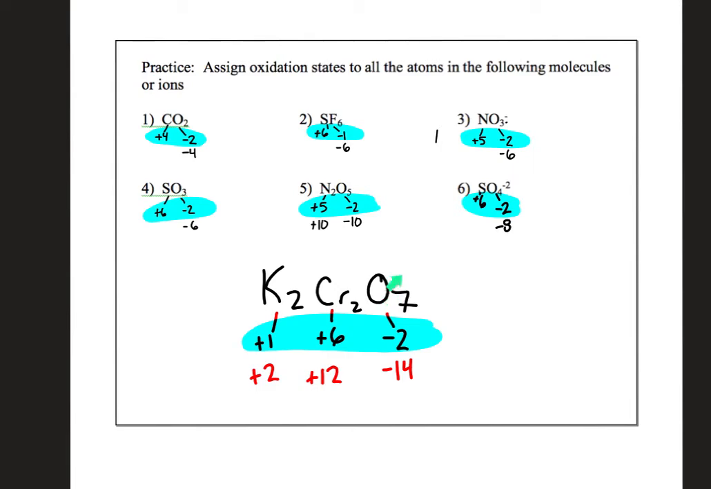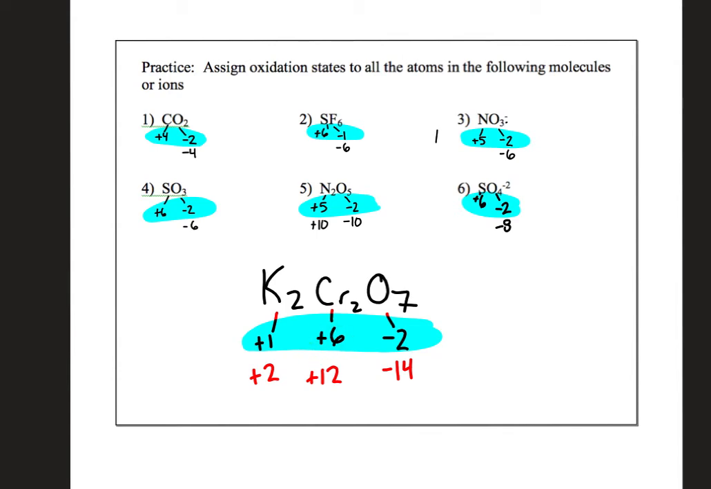Here's the challenge one. Let's work from the outside. Oxygen is a -2, and there's 7 of those, so that's going to be -14. Potassium's a +1, so that contributes a +2. So right now I have a -14 and a +2, so what does the chromium need to be? Well, it needs to add up to a +12, and there's 2 of those, so +6